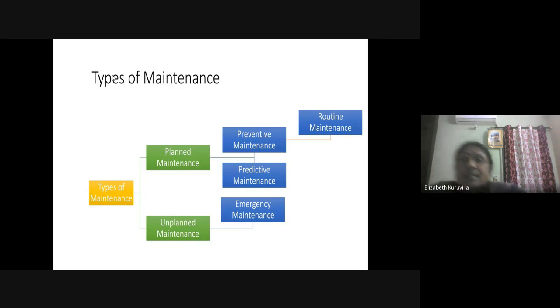What do you mean by this maintenance? Maintenance means preserving and ensuring whether the resources are in good shape or in bad shape, whether they should be repaired, or whether they are finished and we have to purchase more. All those things we have to do. So the types of maintenance can be divided into two: planned maintenance and unplanned maintenance. Some maintenance we will always plan ahead before things happen, and some things will happen, and unplanned maintenance becomes necessary.